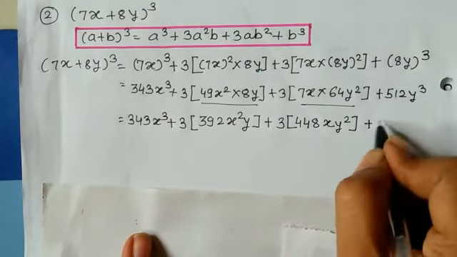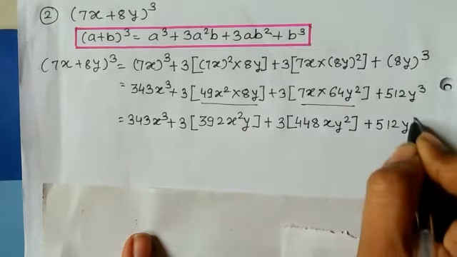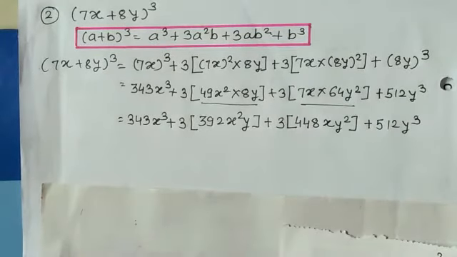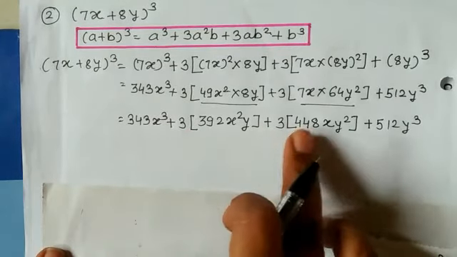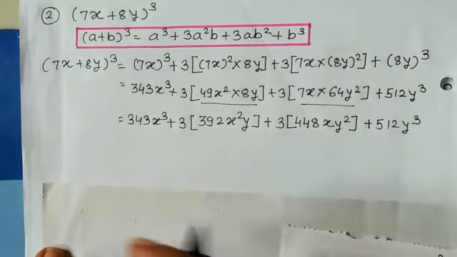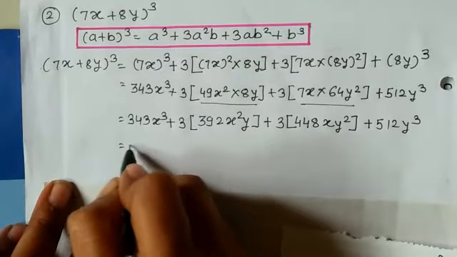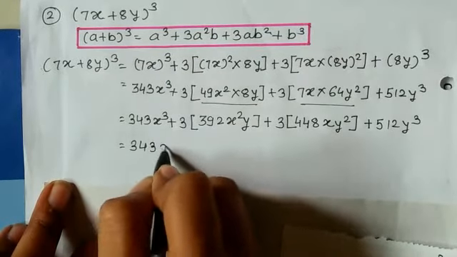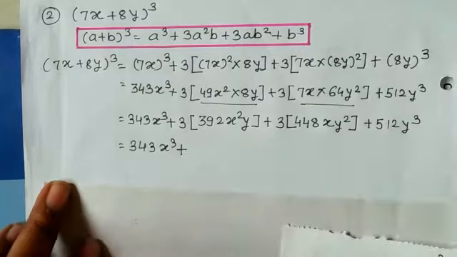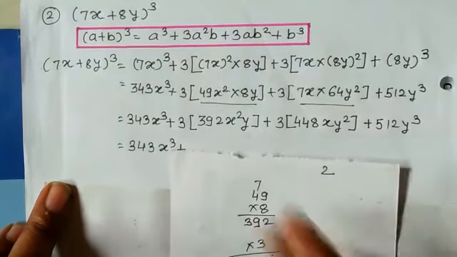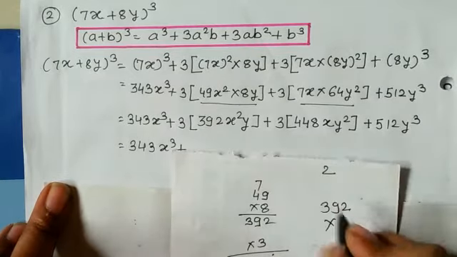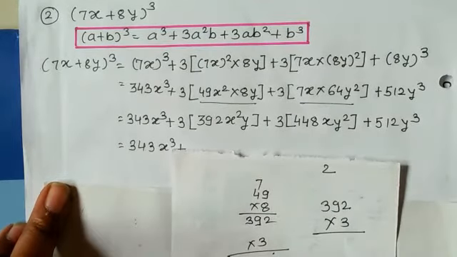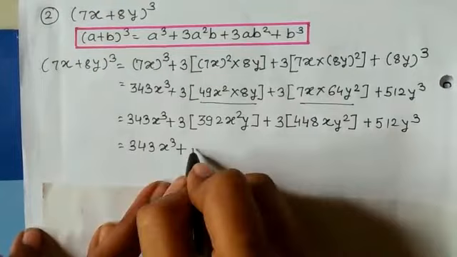plus 512 y raised to 3. Now students, we are going to multiply this 3 to the whole bracket in the next step also. So 343 x raised to 3 plus, let's do the calculation. 392 multiply with the 3. The answer is